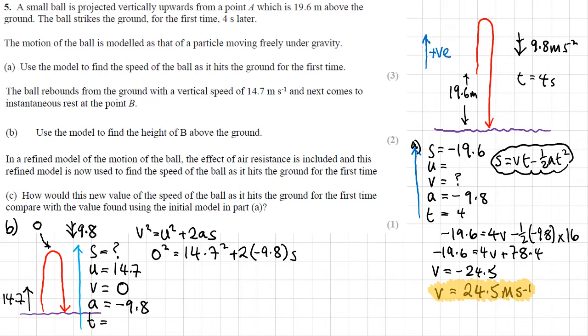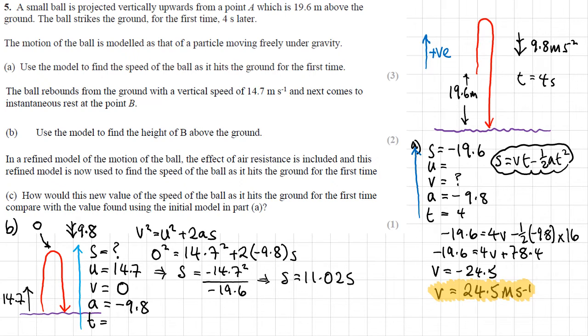So we'll rearrange it for s, and we'll have s is equal to 14.7 squared, it's going to be negative, divided by negative 2 times by negative 9.8, so negative 19.6. So if we work this out, we'll get s is equal to